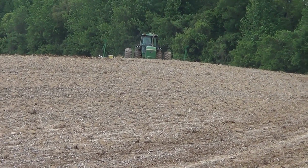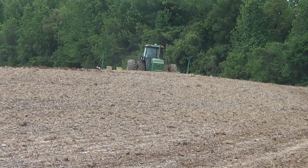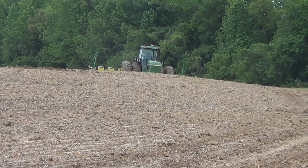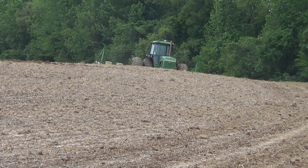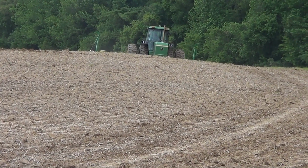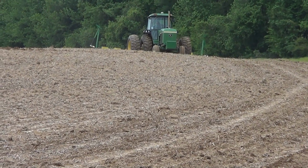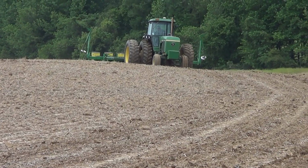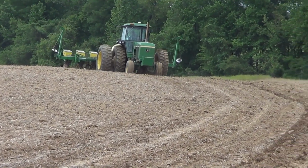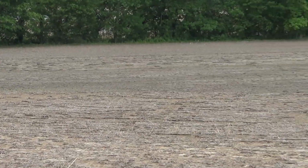It's May the 11th, and we're trying to get the last of the 2020 corn planting. Once we get this little spot here planted, we'll have like 30 acres, if we don't have to replant any. This bottom down through here,